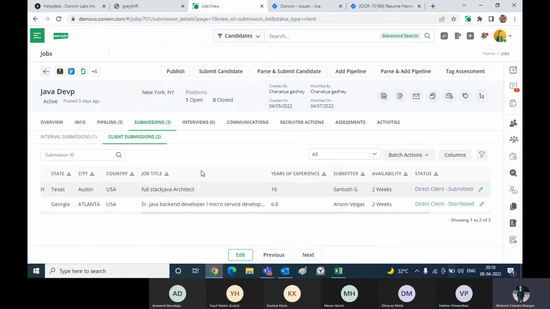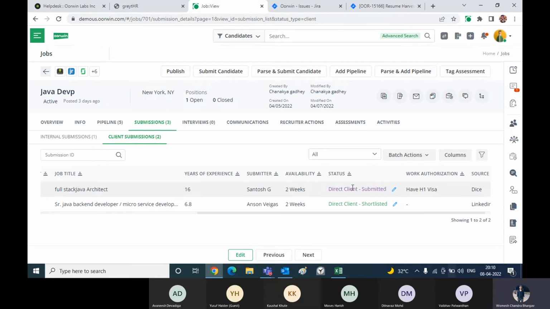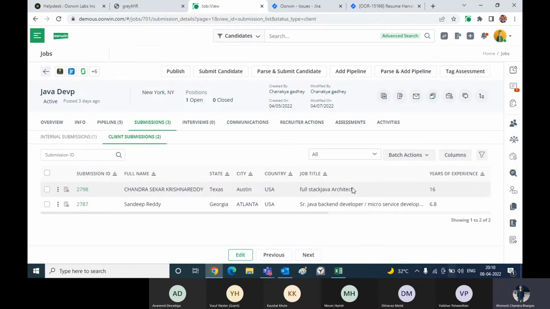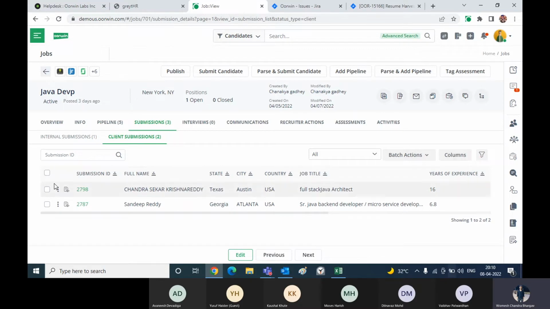Once you submit to the client, you can see the status as Direct Client Submitted. The client will schedule the interview, or if you want to schedule the interview from here, you can directly schedule it using this option. Or else, if the client schedules the interview from his side, once the interview is done, you get the feedback from the client.